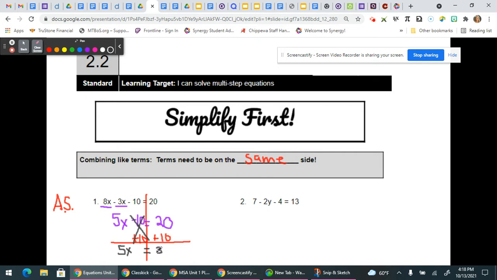which is 30. Now I'm getting to the bottom of my paper here. You have a bit more room, so I'm going to kind of squish this in. But our last step here is I have 5 times x equals 30. So 5 times x, we don't really care what 5x is. We want the x by itself. We want 1x. So reverse PEMDAS says now, step 2, we use the inverse of multiplying and dividing to help